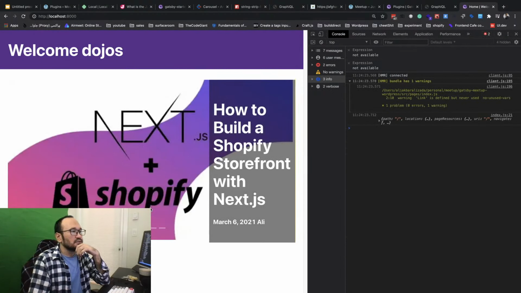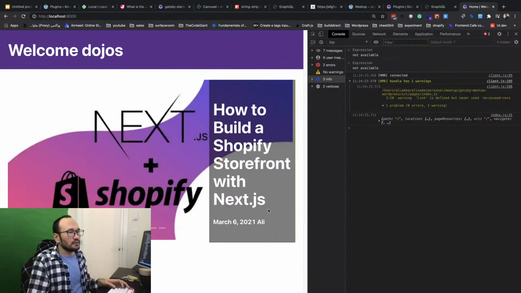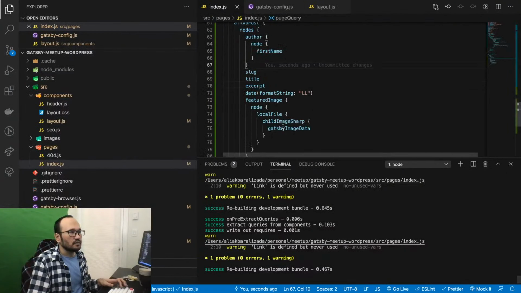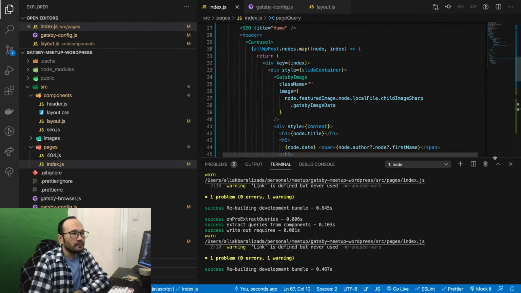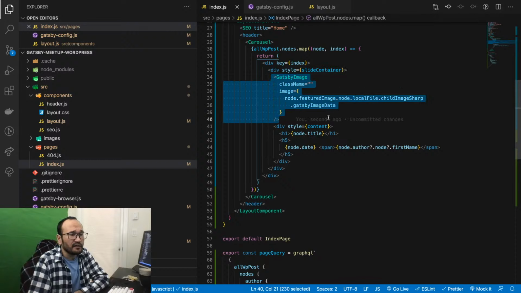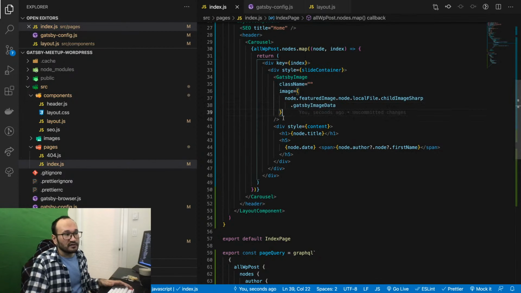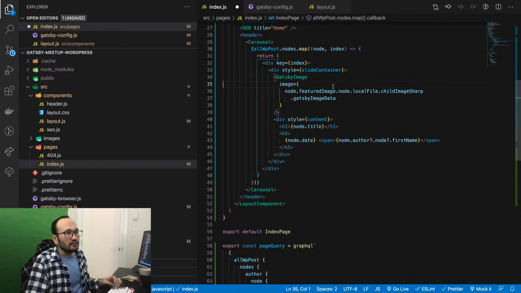Okay, so what will happen? I just made this container, so let me explain the code I did here. This is a container for the image for each slide, and then we have this slide container which loads one Gatsby image taking the entire size of the container, and I don't need this one.